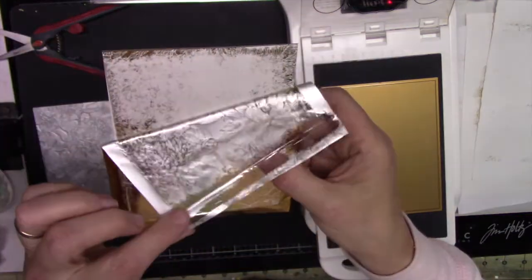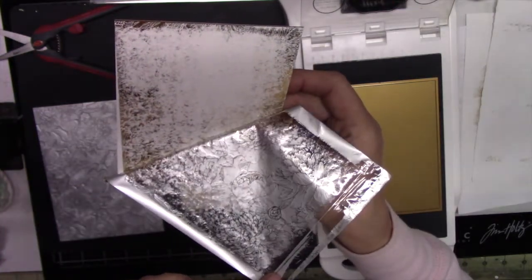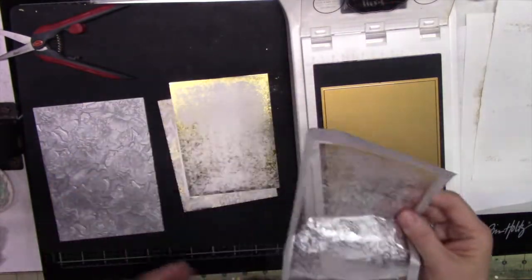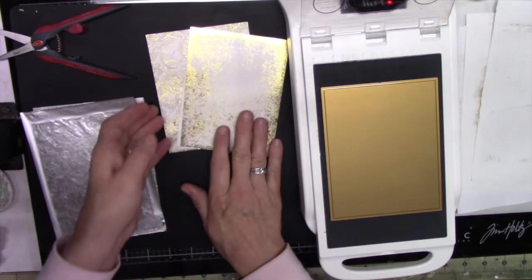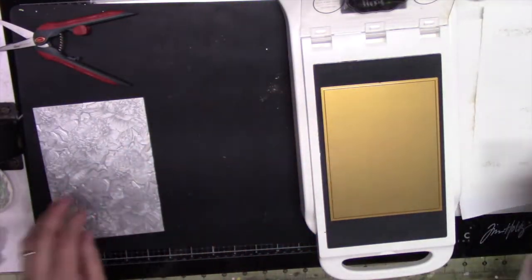Now let's peel it and see, it did not. This is what I always have issues with. So that's a complete fail. It did not work with the 300 paper. Okay. Let's try now